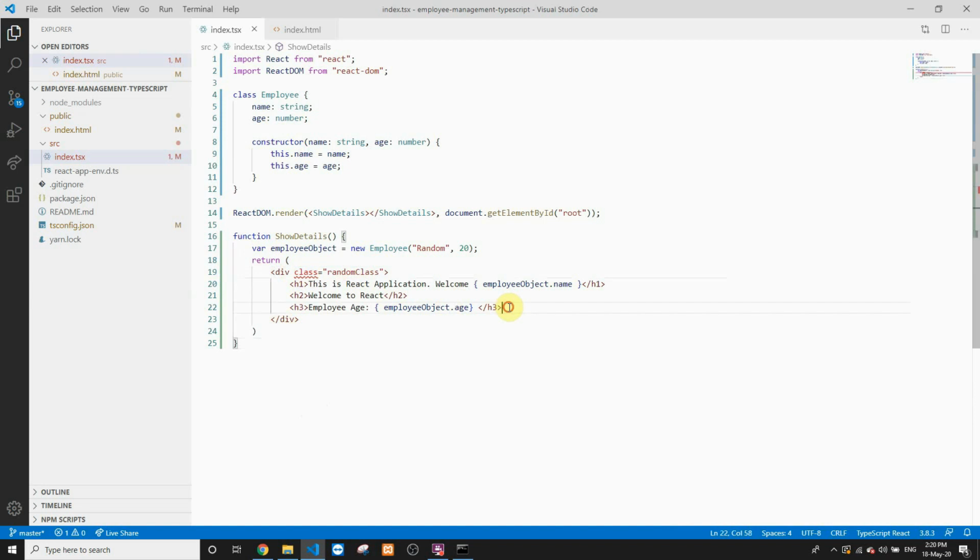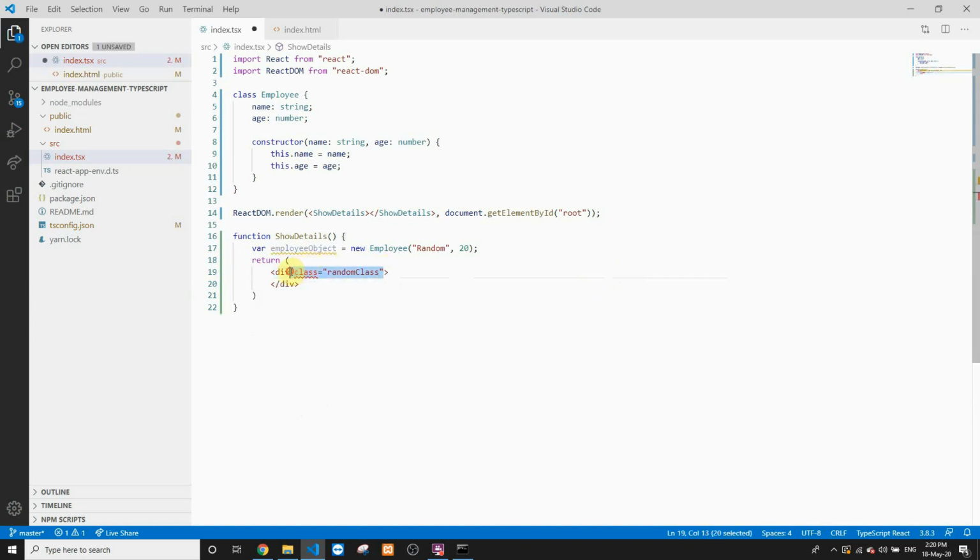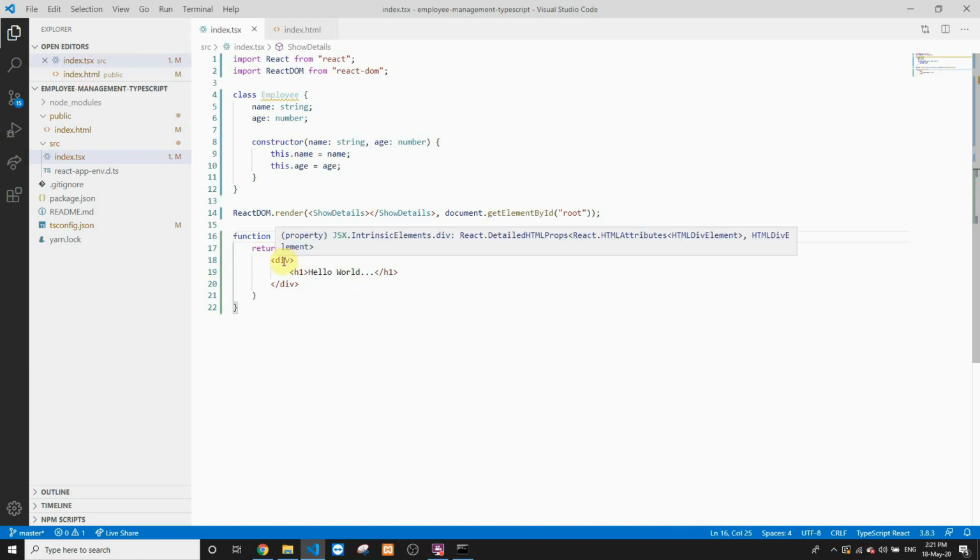So let's reduce the complexity that we have inside this template, and let's remove this class, and let's have a simple template which returns a div containing an h1 tag containing hello world. We'll remove this object as well because we are not using it now. So now we have switched to a rather easier version of the template. This is again a JSX having just a div and an h1 tag. During the presentation, we explained that this JSX converts to an equivalent JavaScript. So now let's see how this JSX is transpiled into a JavaScript equivalent.